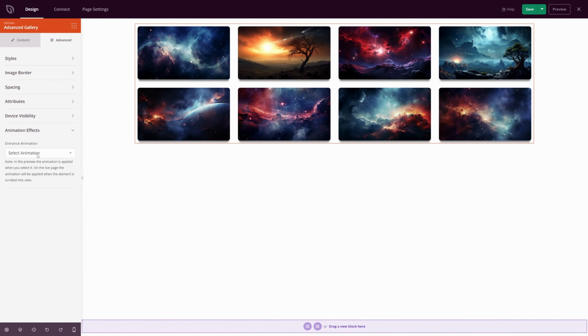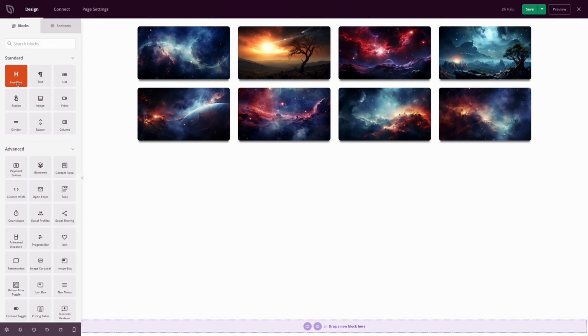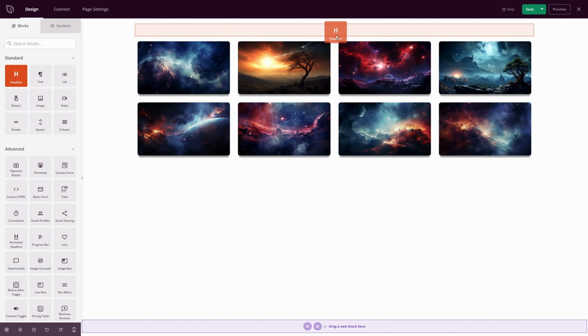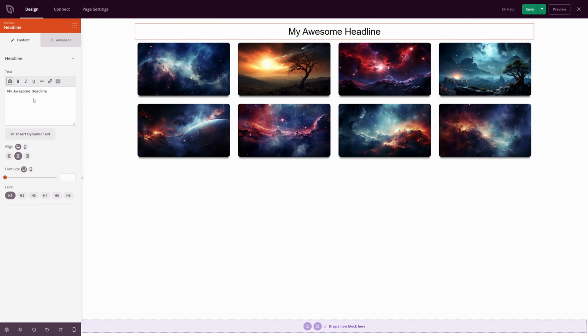If you like, maybe you could add some animation effects, so when the page loads, it could load in and look a little bit nicer or classier. Let's go back to our blocks here, and the next thing I want to add is a headline. Let's drag this up to the top, and here I'm going to select the block settings and change the headline text. I'm just going to call mine outer space fantasy,